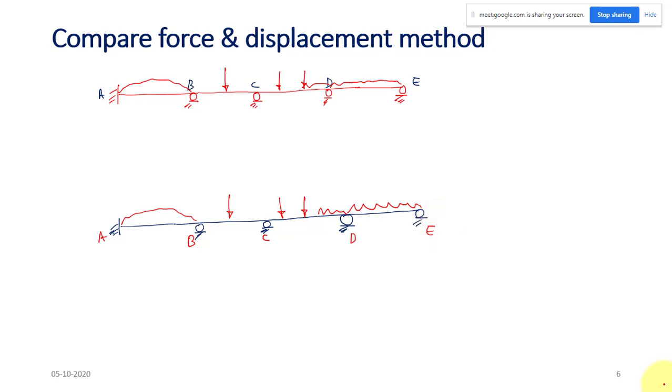I will tell what you will do in the force method, then I will tell what you will do in the displacement method, so that you can understand the difference and compare. Suppose this is your question and you are using the force method of analysis. First, you will find out the static indeterminacy of your beam. There are three unknowns here, and 4, 5, 6, 7, so 7 minus 3. The static indeterminacy of your beam will be 4.